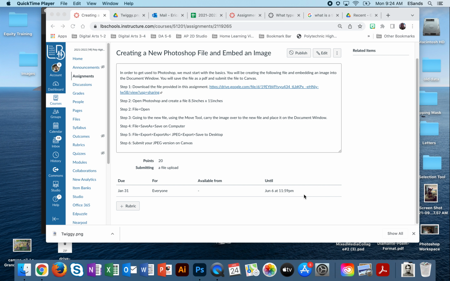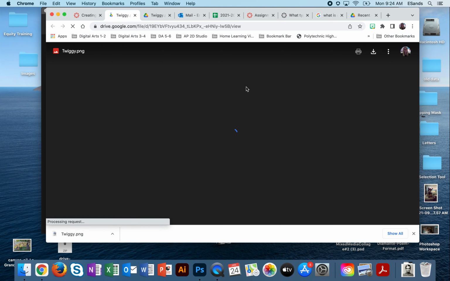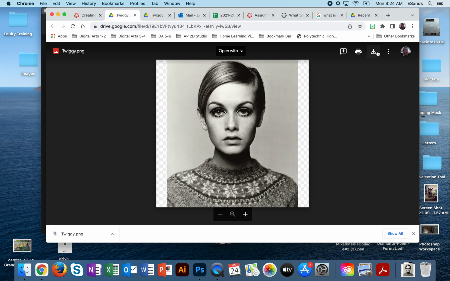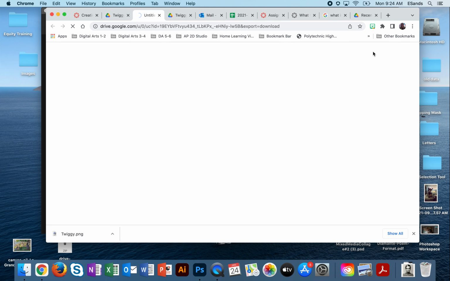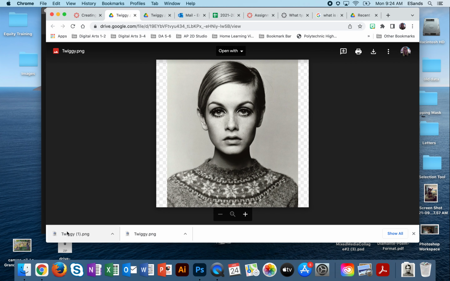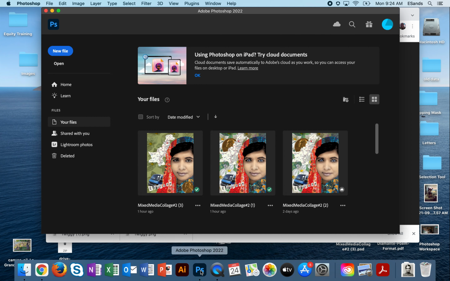Photoshop file today and embed an image. I'm going to give you the image, so you need to have this assignment open. You're going to download it here from the link and go ahead and hit the download button. Once you've downloaded it, you're going to go ahead and open up Photoshop, and we're going to start with a